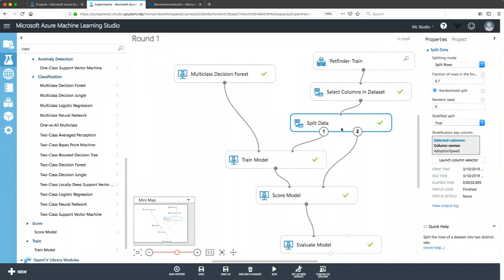Let's take a look at this split data module. Does anybody know why I'm splitting the data here? To train and evaluate the model, but why? Why don't I use the same data set for this? You need some to validate your model, how accurate it is. It's not correct to evaluate on the same data set used to train the model.